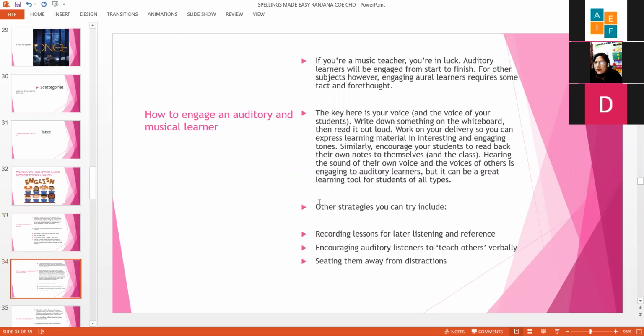If I talk about how you engage an auditory and musical learner: record lessons for later, because now that you're taking online classes, you can record your lessons. They may want to hear the same instruction again and again. If music can be a part of the teaching learning process, that would engage the oral learners, and that would help these types of learners. So it is not that only a quarter of learners would be auditory learners. It can be 50% of the class. So just imagine when you're not speaking out that word and you're just writing the spelling on the board, only 50% of the children you are teaching. Your audience is only 50%.